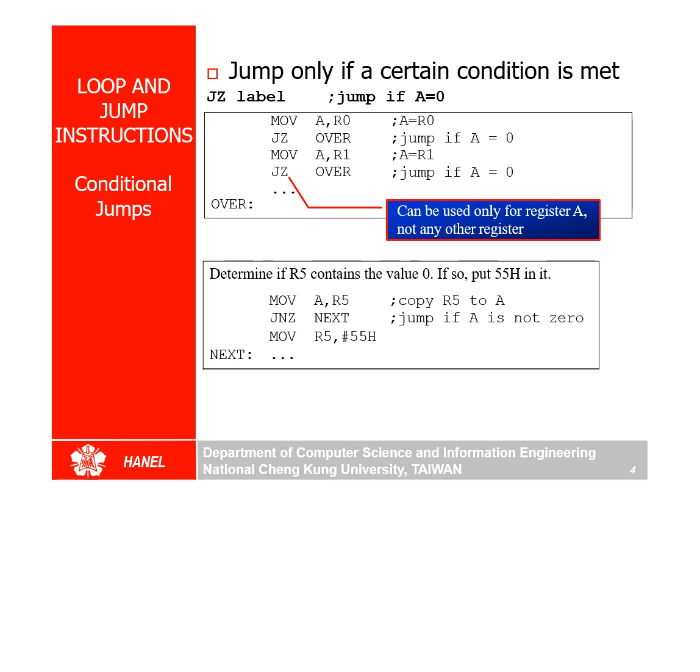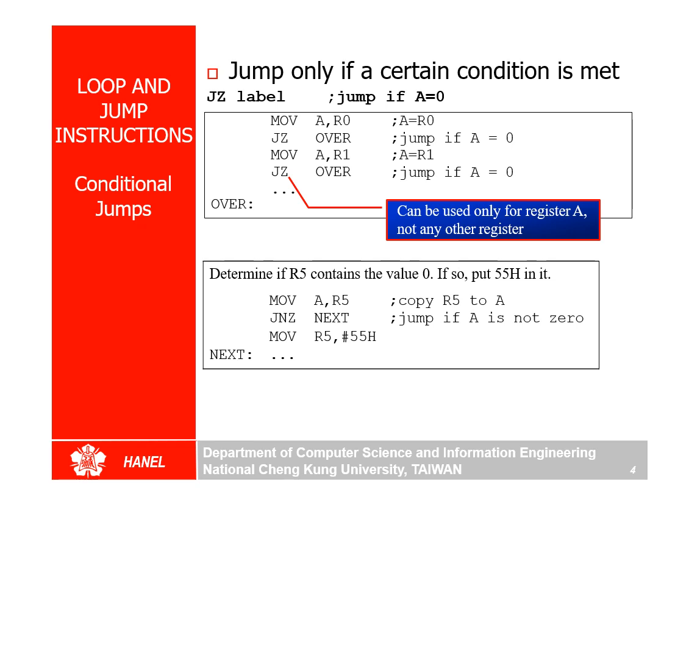Okay, now to understand this more clearly, you can see this example. Determine if R5 contains the value 0. If so, put 55 in it. R5 you are moving to A. Jump on non-zero. If for example R5 is 5, A register is 5. So jump on non-zero, it is non-zero, so it will do nothing. Now suppose R5 is 0, the A register will become 0. Jump on non-zero will not work, right? So 55 will go to R5. Yes or no? Now if R5 is 0, R5 will become 55.